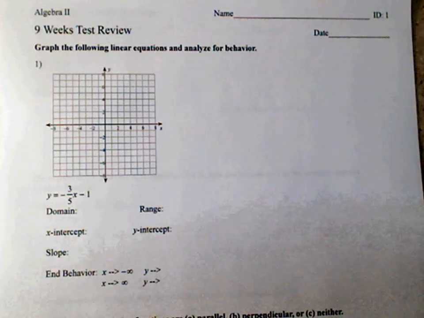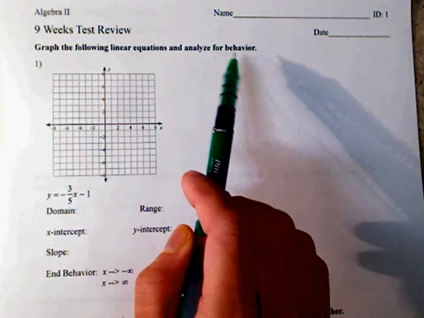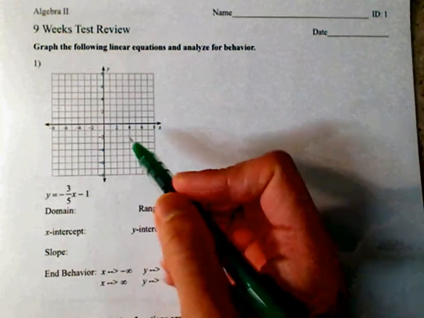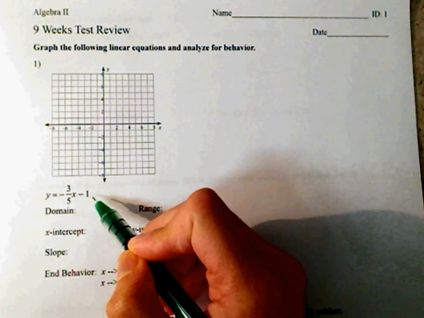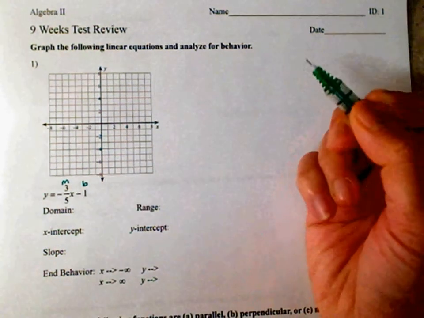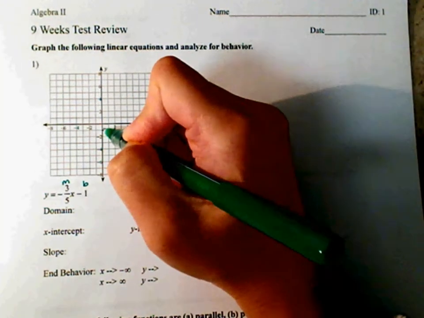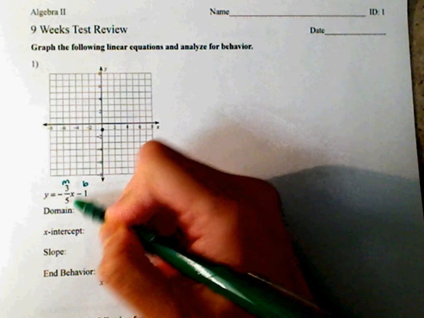Number 1, graph the following linear equations and analyze for their behavior. So if you take a look, this is a linear equation. This is your M. This is your B. So you're going to plot your B. This is where you cross the y-axis at -1. Your slope is -3/5,